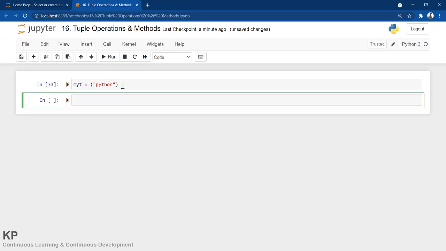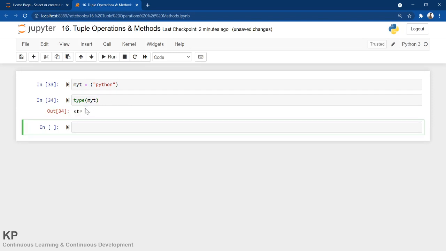Isn't this a tuple? If your answer is yes, then my dear viewers, you are absolutely wrong. Let me show you. If I do type of myt, you can see it's a string data type, it's not a tuple.